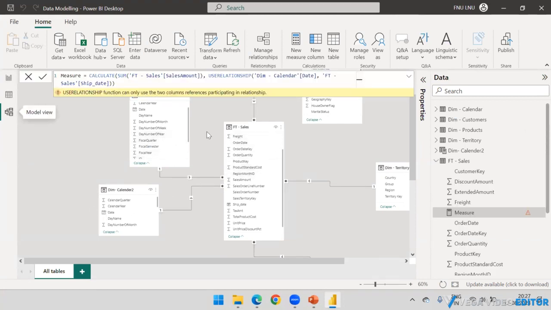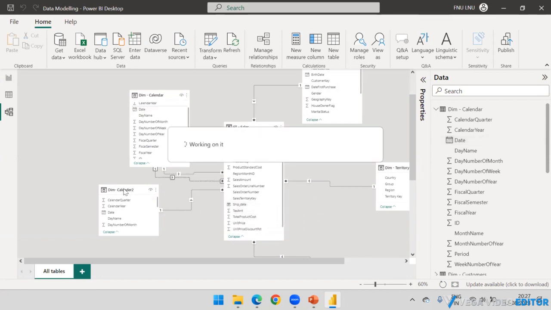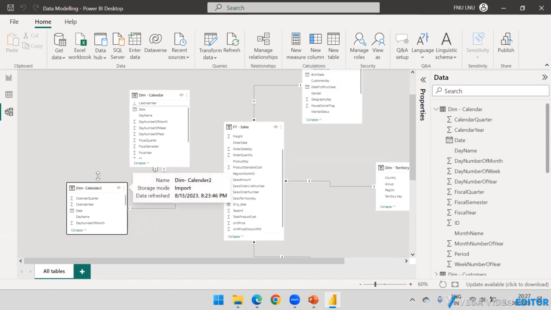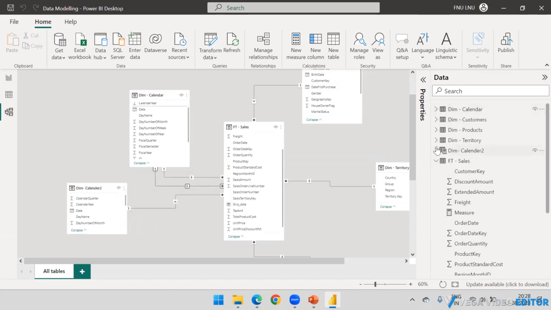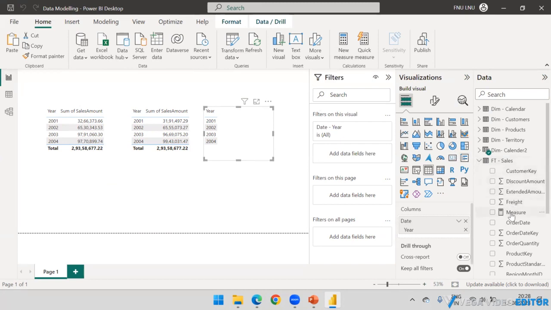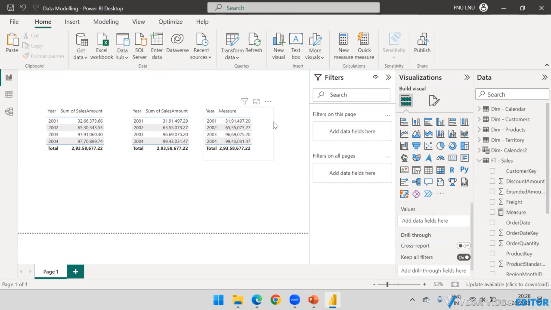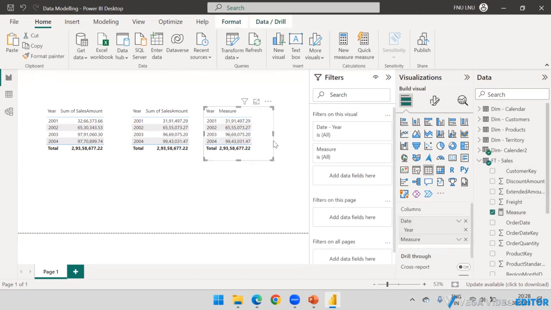So let's say date, and I will create the inactive relationship with the ship date column also. So it will automatically create, right? Fine. And you can see that the warning message is gone from this. And now I have used that relationship. This filtering happens,